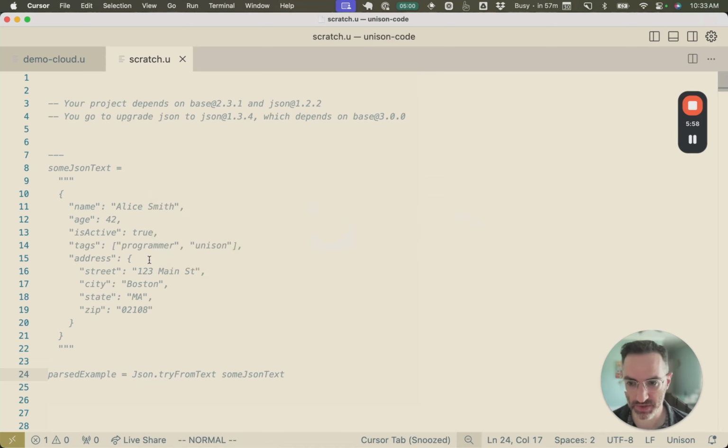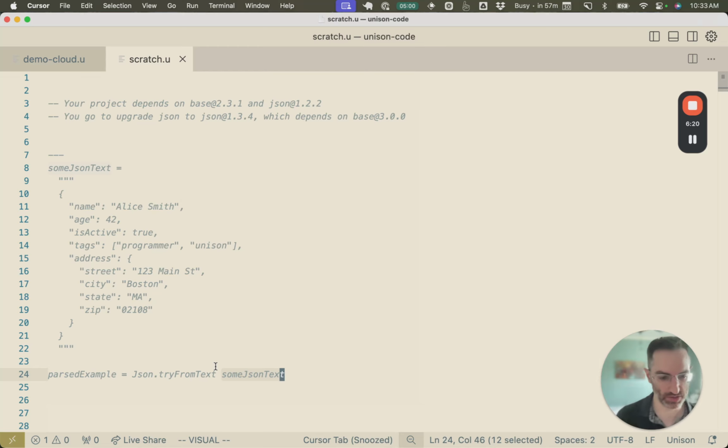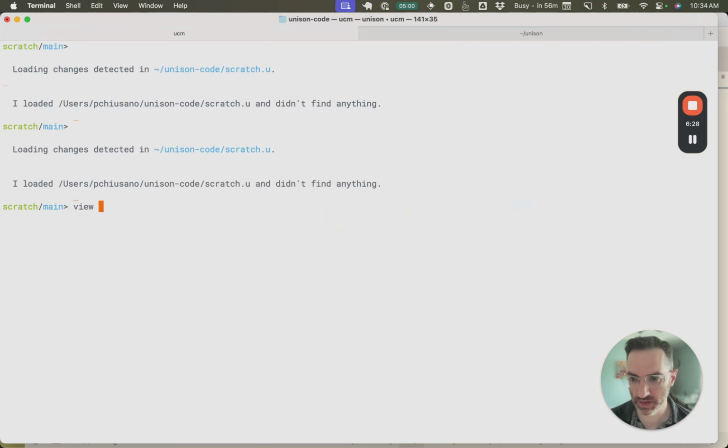So anyway, here's just a little sample project, just some sample code. I've got some JSON text. It's just like a big old text literal. And then I have this silly definition parsed example, which is just trying to parse the text, okay? And it'll either return an error or it will return the actual JSON AST, which you might then do further decoding of to convert that to business objects, whatever. Okay, so if we go ahead and view parsed example, you can see here it is. Here is parsed example. It's calling try from text, and